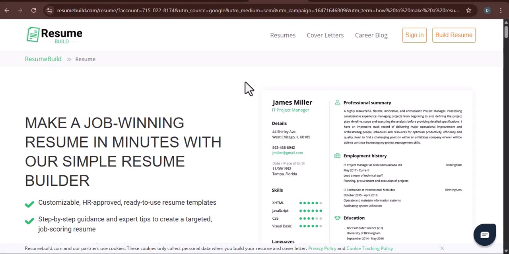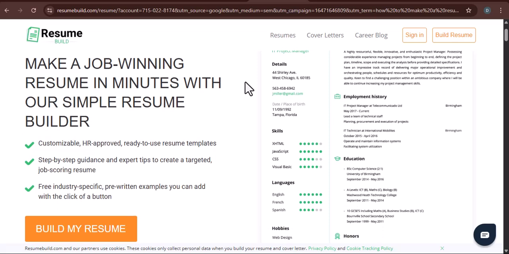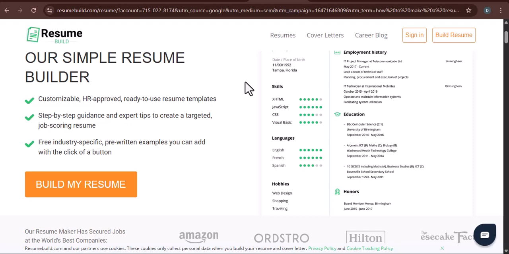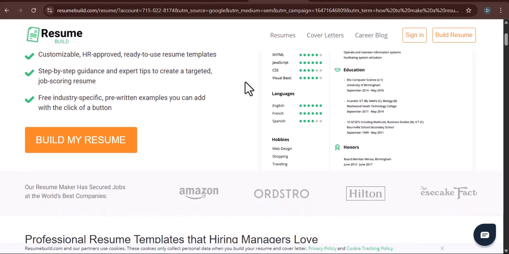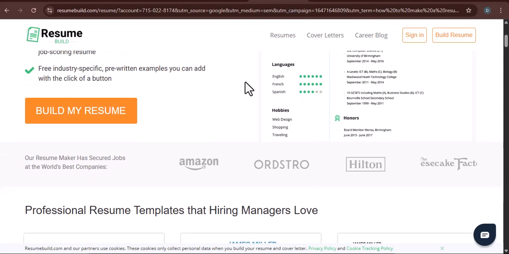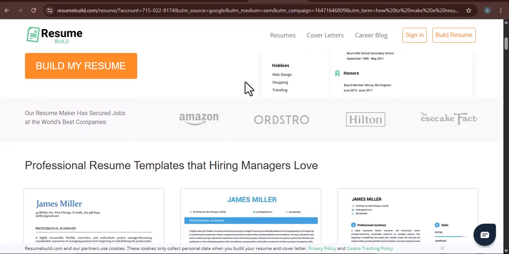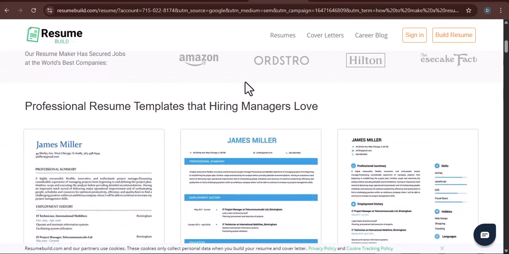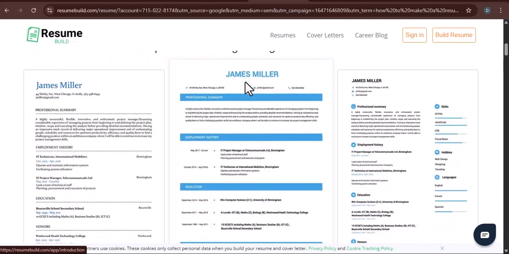Kickresume, for those who might be unfamiliar, is a fantastic online resume and cover letter builder. It offers a plethora of templates, AI assistance for crafting compelling content, and even tools to build a personal website. It's designed to streamline the job application process, making it easier for individuals to create professional and ATS-friendly documents that stand out. For many, it's a valuable tool in their job search arsenal, helping them put their best foot forward